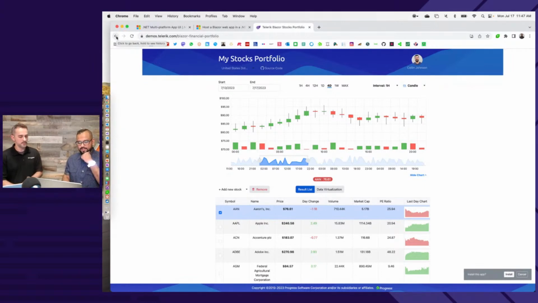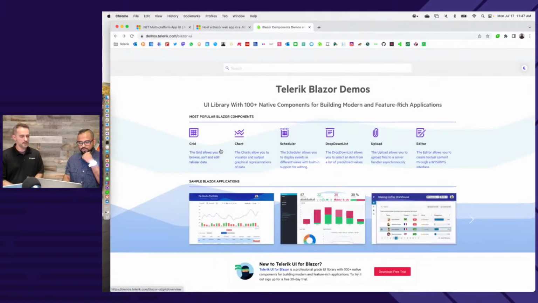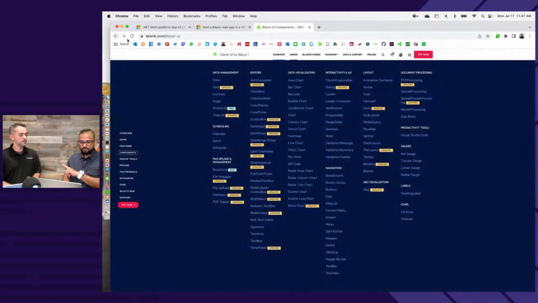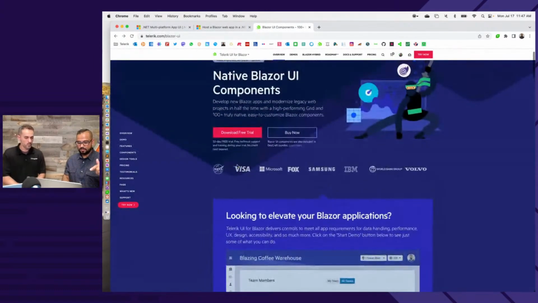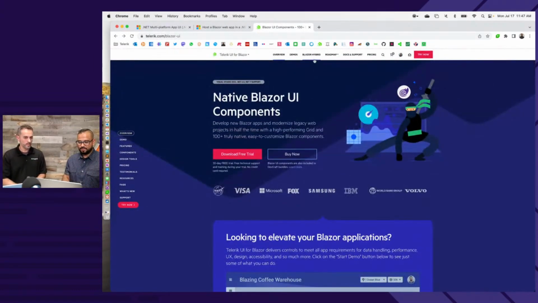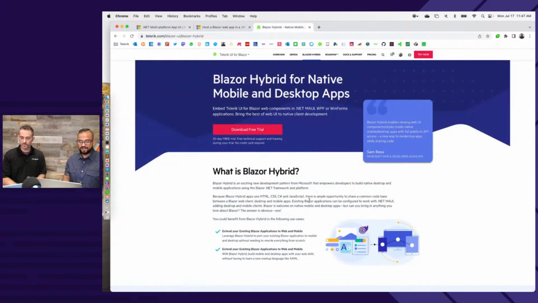Let's get into some code here. Let's talk through some things. But let me show you one more thing here on the Blazor landing page that we do. We have a brand new thing in here. It's called Blazor Hybrid. It's a whole new section that says, hey, now Blazor is welcome on native and desktop apps. Oh, and feel free to keep the chat room going or bring up any questions as I'm talking.